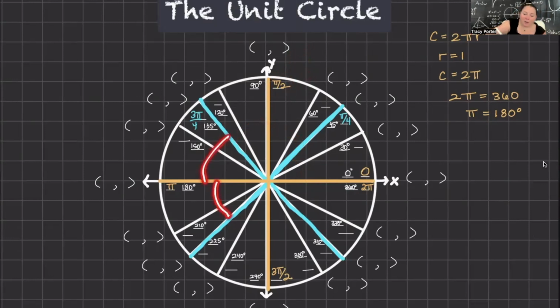And then 5 pi over 4 would be the next one. And then 6 pi over 4 would simplify down to that. And then from here to here would be 7 pi over 4. And then finally, you're going to end up here to here, and it's 8 pi over 4, which once again is another way to simplify down to 2 pi. Okay, so now you have all of your pi over 4 multiples, and you have all the ones that are actually on the axes. So the next one we're going to look at is our 30s and then our 60s,